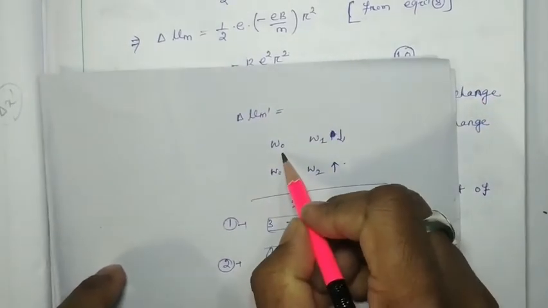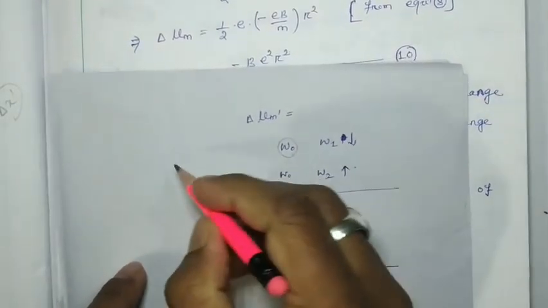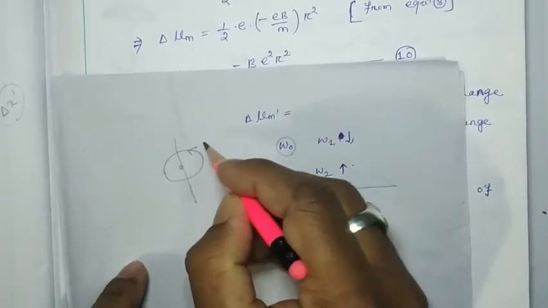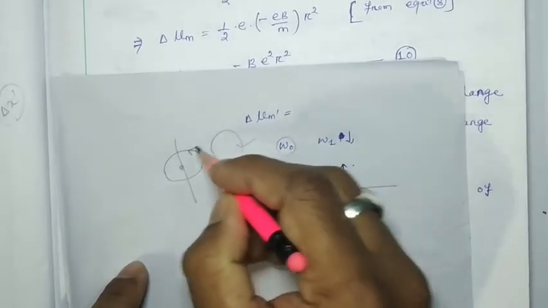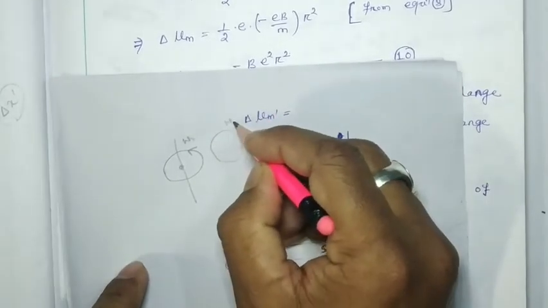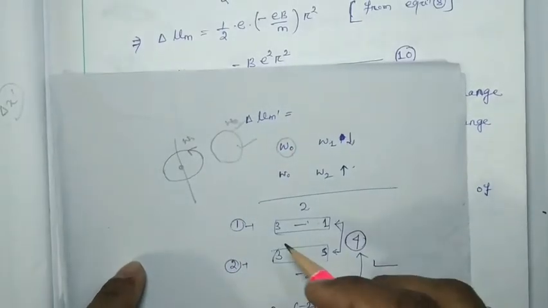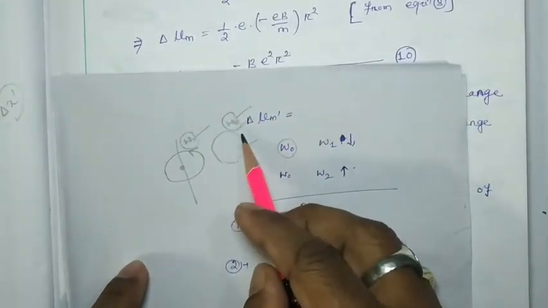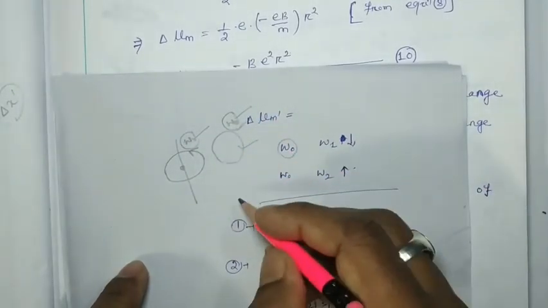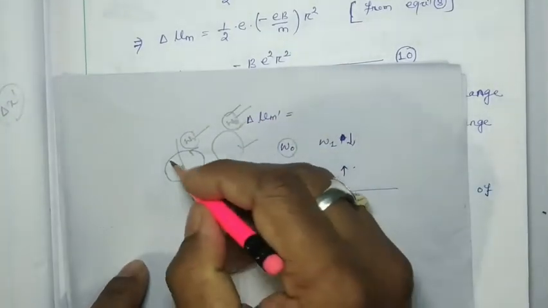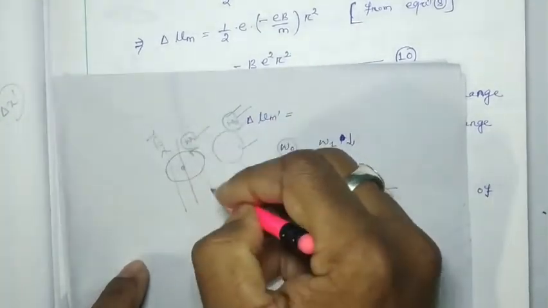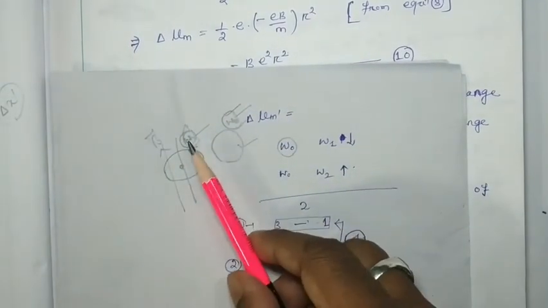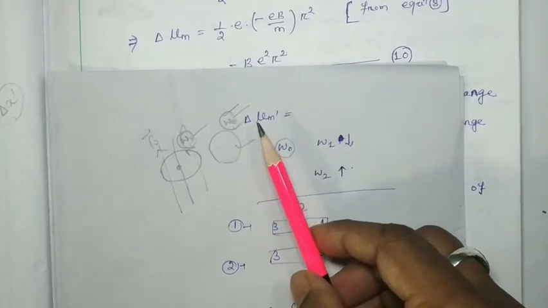See, this is our initial angular velocity when one electron is revolving either anticlockwise or clockwise. Due to this angular velocity we can get the magnetic moment, right? Now whenever we apply a magnetic field, this angular velocity is going to change, due to which we can find the change in magnetic moment.